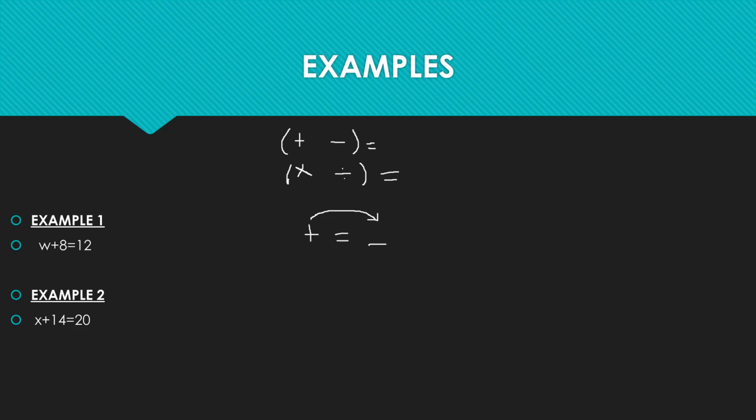And the same way, if we have got minus on this side of the equal sign, and then it crosses to the other side, it is going to change to plus. So minus will change to plus, and plus will change to minus, and vice versa. And that is it. The same way applies from the other side to this side. If it was plus, it will change to minus, and from this side to this side, if it was minus, it changes to plus. So that is how algebra